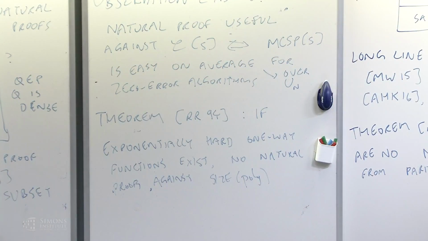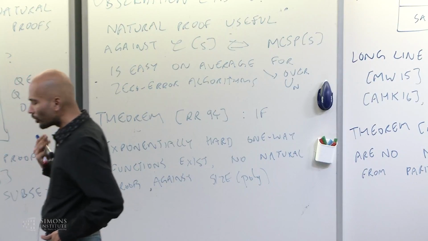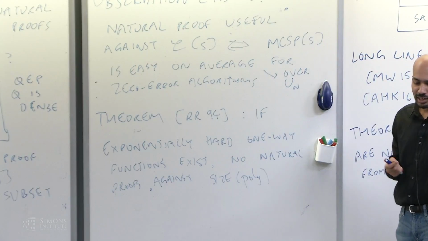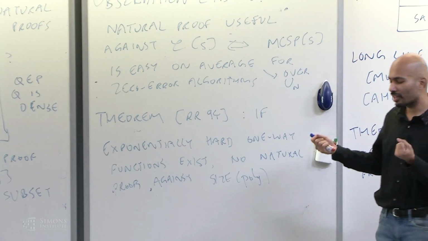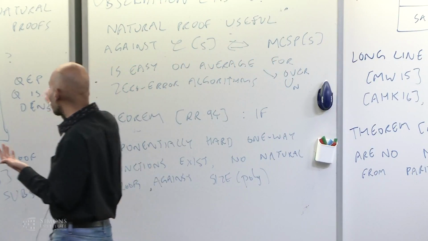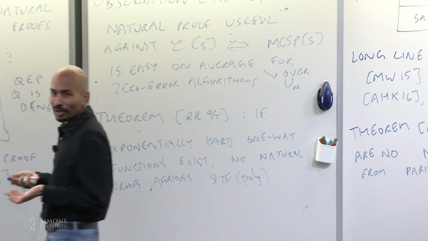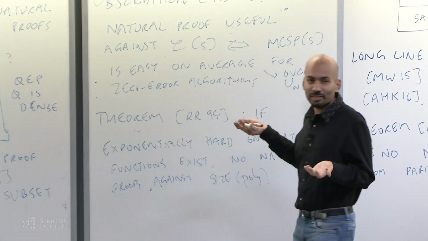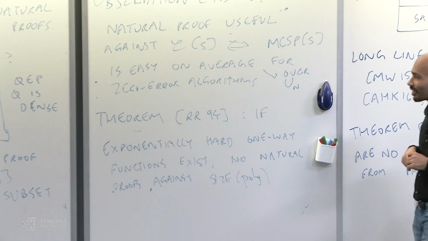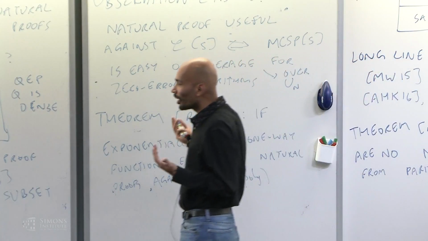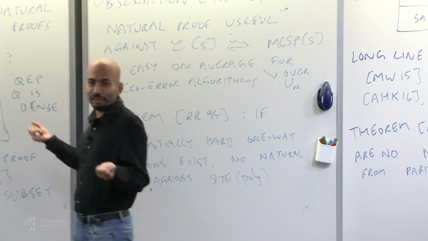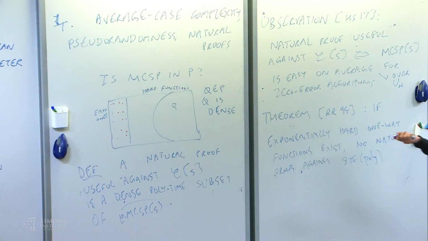And one of the nice things about thinking about C-MCSP on average is this feature I mentioned before of MCSP, that we don't know how to relate C-MCSP to C' MCSP when C and C' are different. We don't know how they reduce to each other. But clearly, if you look at an average case notion, if C is a simpler class, then if C' MCSP is easy on average, so is C-MCSP. I mean, that's fairly easy to see, right? Because a random function is going to be hard even for the harder class, and an easy function is going to be solved by the algorithm for the harder class, and therefore also for the easier class.